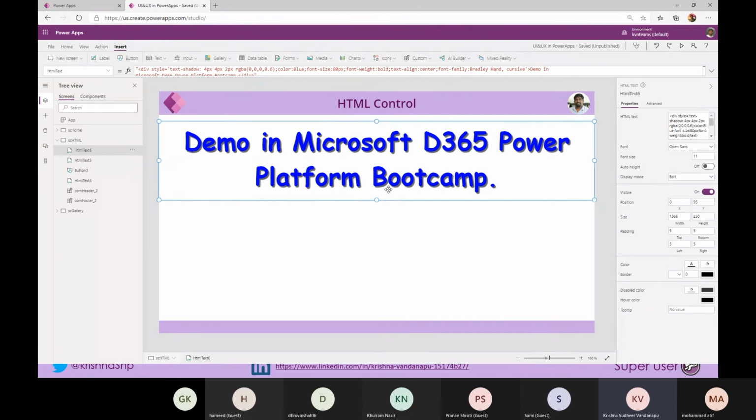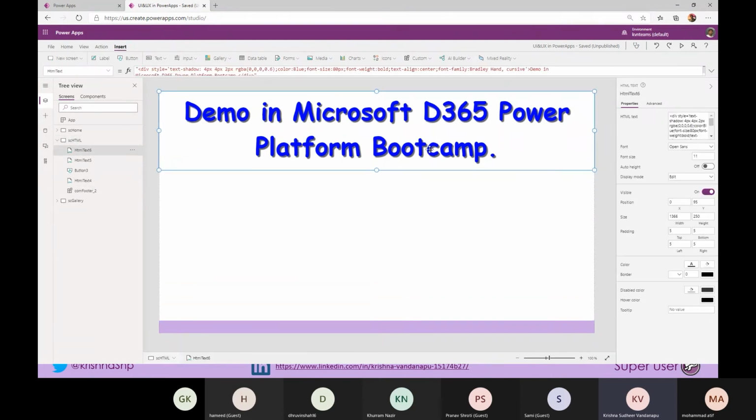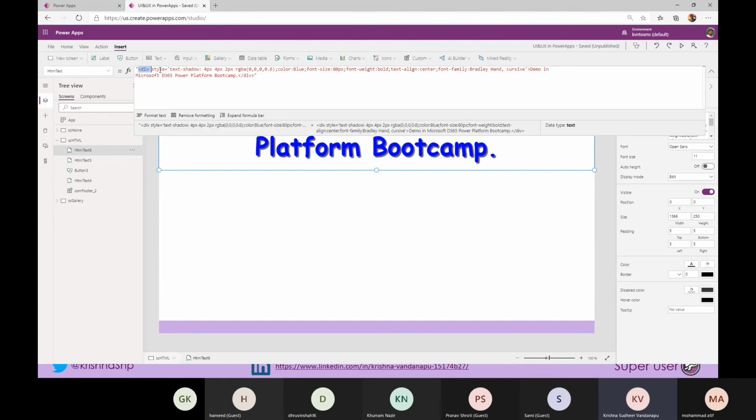This is a title I have created as part of my app. Let me take this out. And if I wanted to just say that this is my HTML, a very simple HTML control. And inside the HTML control, I have used my div tag followed by text, whatever text I want.